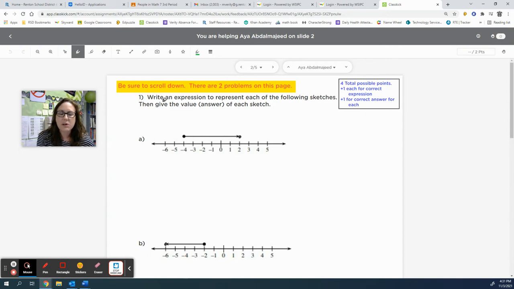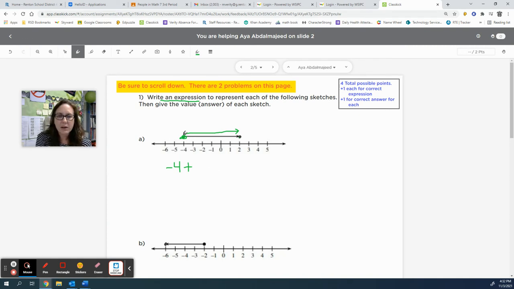There are two problems. Write an expression to represent the following sketches, then give the value or answer of each sketch. So in this case, it starts here because there's just a dot here, and then it moves with an arrow over to here and it ends there. So where does it start? It starts at -4. We are adding, because that's all we've been doing up to this point for this quiz,